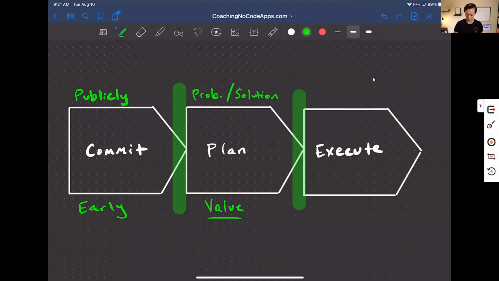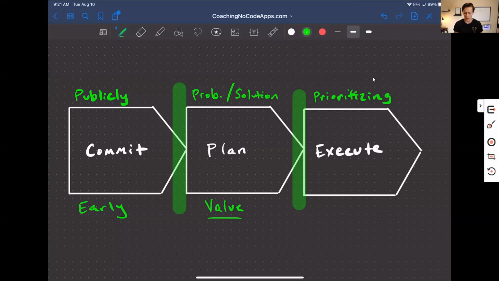Now, number one, you want to make sure you are prioritizing the right things. Okay. This is when you really move into the actual kind of nitty-gritty work. This is when you're doing the development, you're getting your hands in the no-code tools and building your app. It's when you are doing a lot of beta user outreach. Okay. You need to make sure you are prioritizing in a couple different ways.